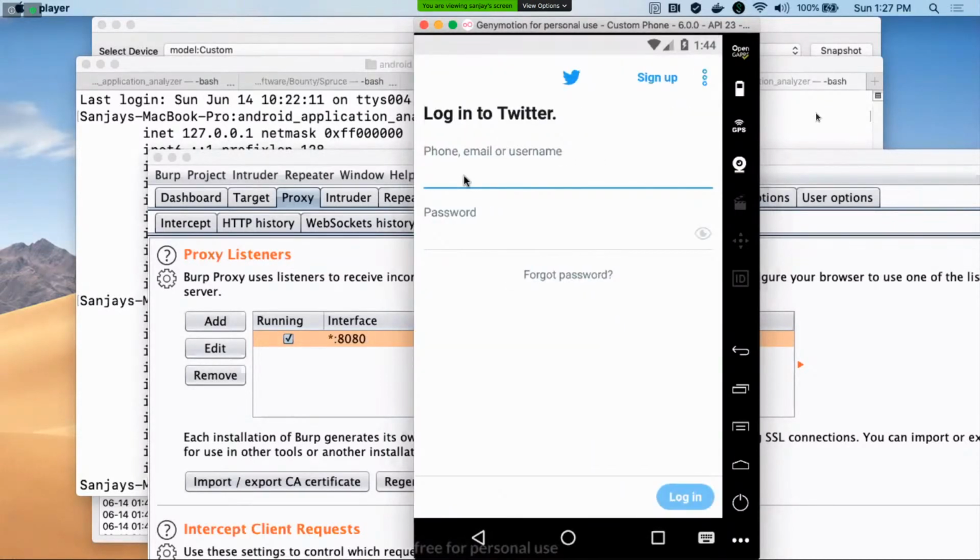So whenever we click over here and try to intercept the traffic of the Twitter application, I'm just using any random credential.